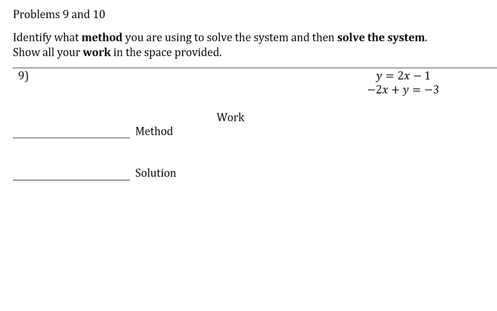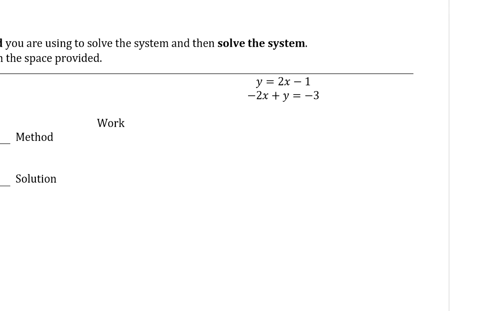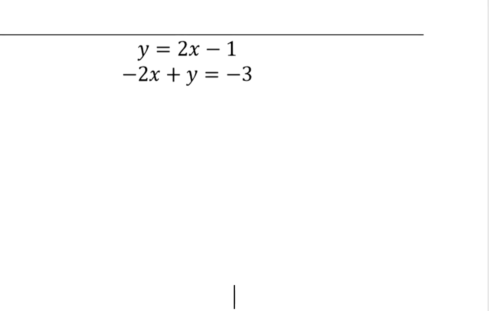In problems 9 and 10, identify what method you're using to solve the system and then solve the system. Show all your work in the space provided. So it's kind of looking at process here too. If I start with this system, I like the fact that y is already alone in the first equation. So I'm going to use substitution and replace y in the second equation with this value 2x minus 1